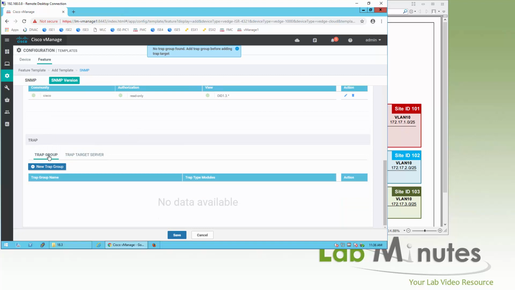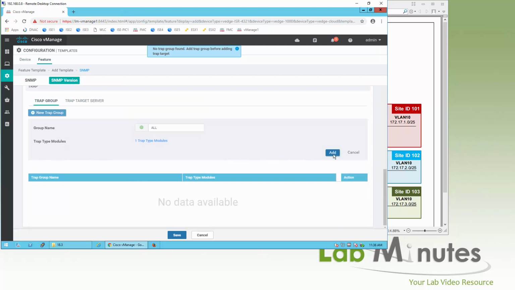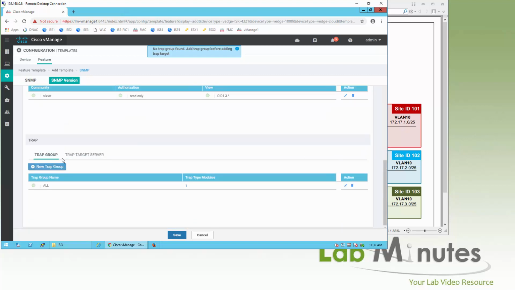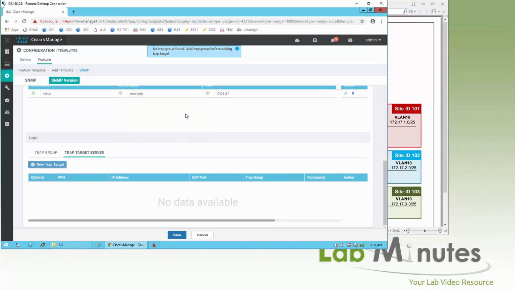For the target server, I think that you just have to save that. Yep, I just forgot again. I navigated away, and it looks like it remembers that. So don't forget to add. And then on the server,